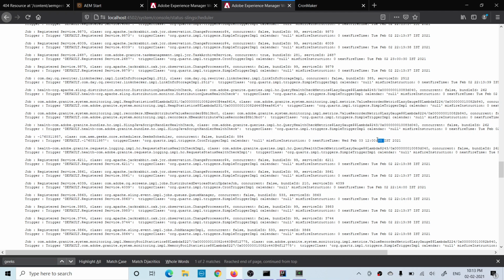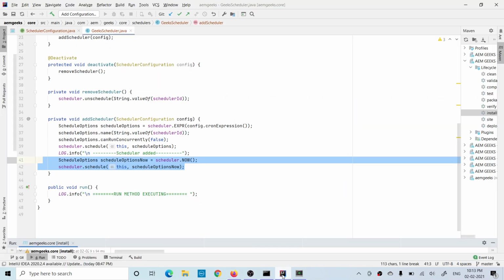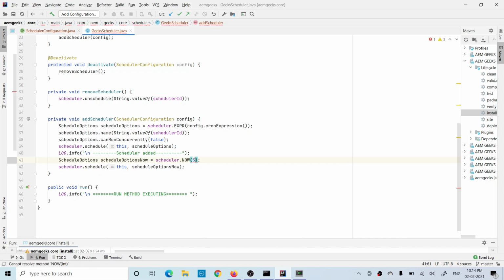Suppose you have a requirement where you want to execute twice, right? The cron job will execute at 12 o'clock, but as soon as you deploy this, you want this scheduler to be executed 3 times, right? For that, this method provides you an option: how many times you want to run, this is the times, and what is the gap, meaning after how much time. It takes time in seconds.